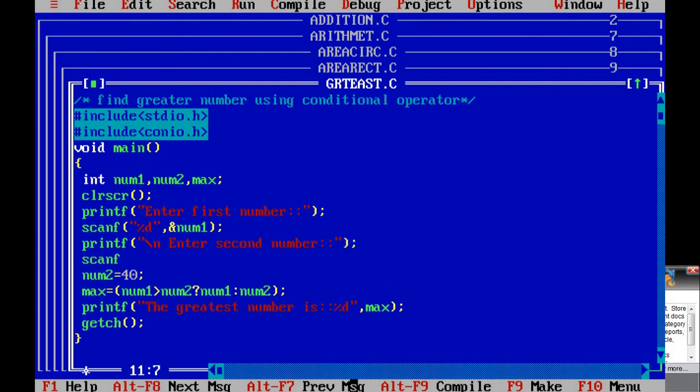Scanf %d comma ampersand num2, bracket complete, semicolon. Okay, just remove this previous line.